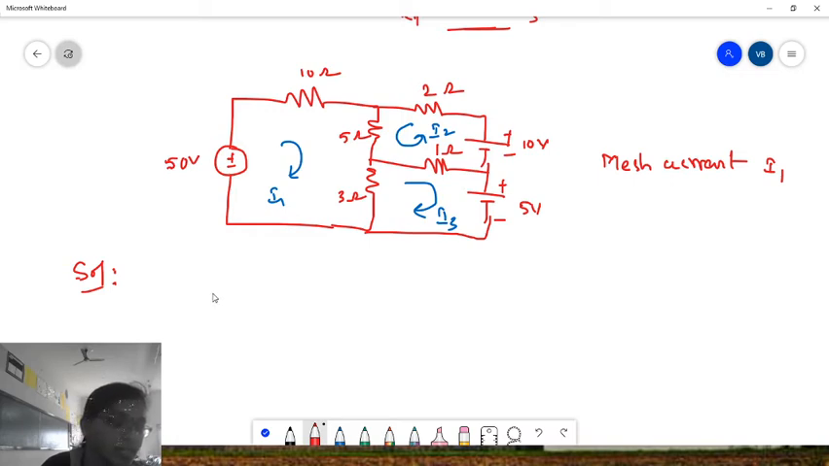So what is the equation here? That is 50 volts, 50. All passive elements we need to take as negative. So minus 10 into